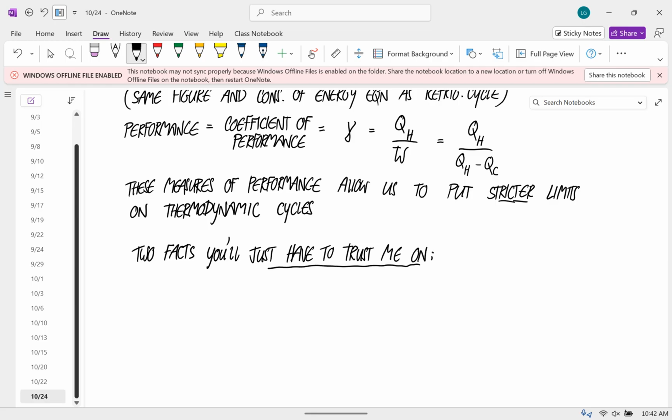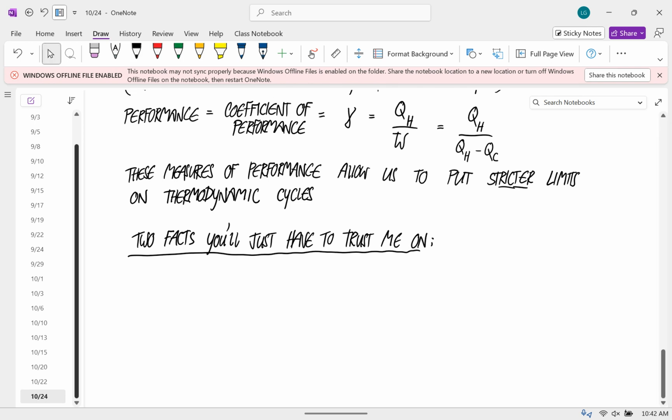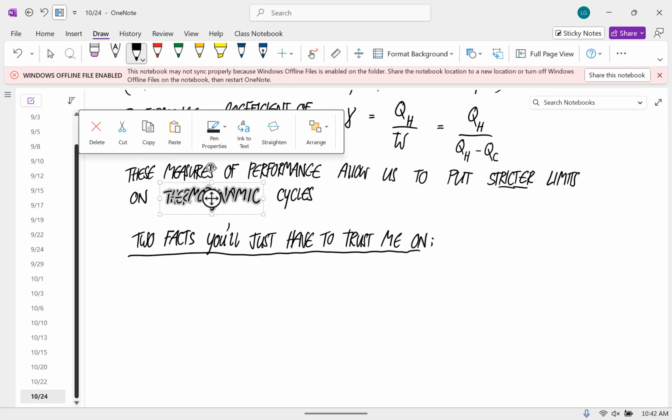I'm not going to go through a derivation or anything, although the derivations of this stuff are pretty accessible. If you wanted to spend a ton of time working through it, you'd be capable of doing it. But I think for all practical purposes, let's just go with my word on this. So the first one is